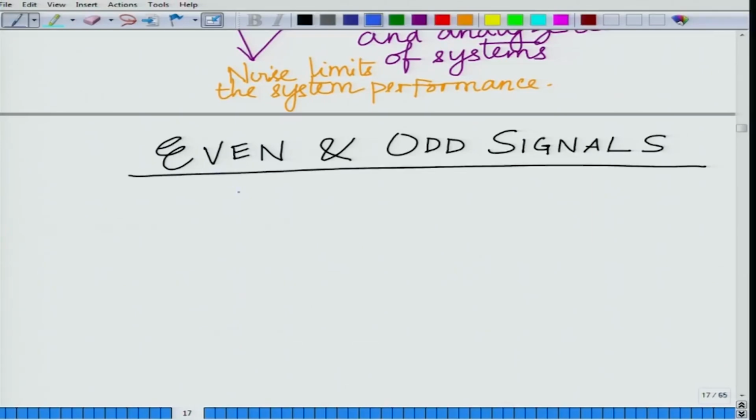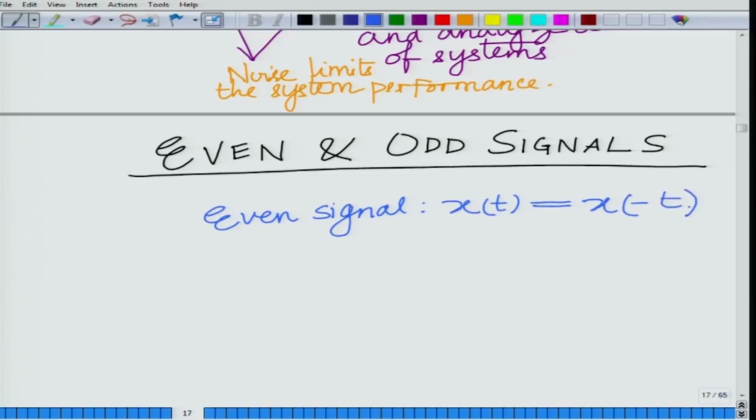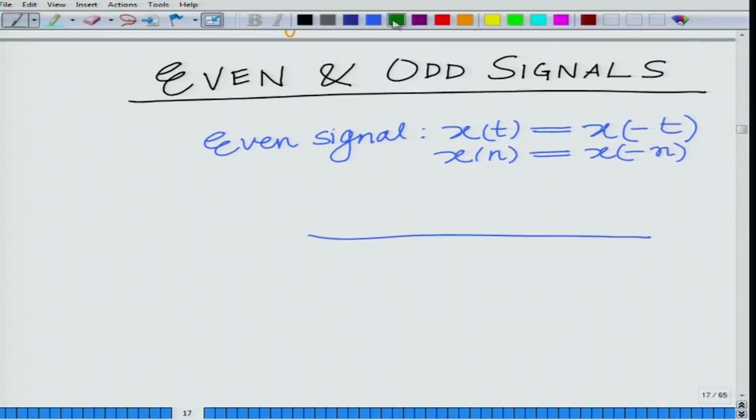An even signal, as most of you must be familiar, similar to an even function, satisfies x(t) equals x(-t), or for a discrete time signal x(n) equals x(-n). For instance, you have a classic example,